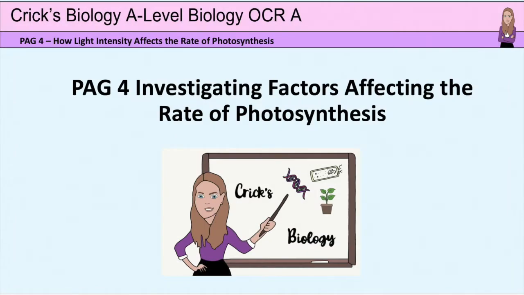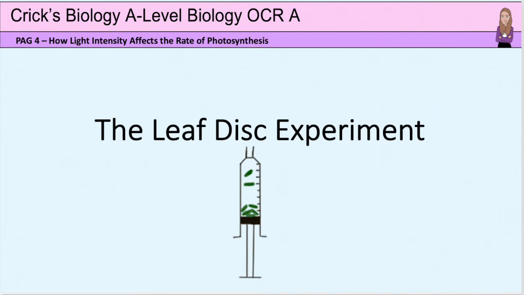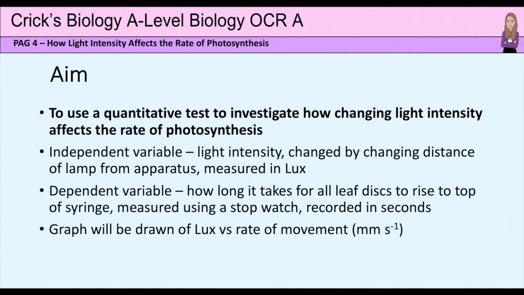Welcome to my lesson on the PAG4 experiment investigating factors affecting the rate of photosynthesis. For this investigation, we will use the leaf disc experiment. The aim of the experiment is to use a quantitative test to investigate how changing light intensity affects the rate